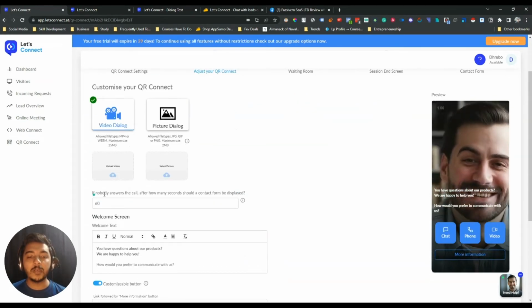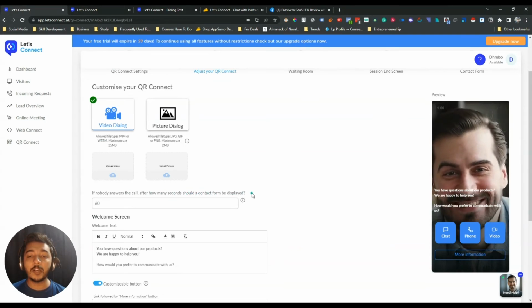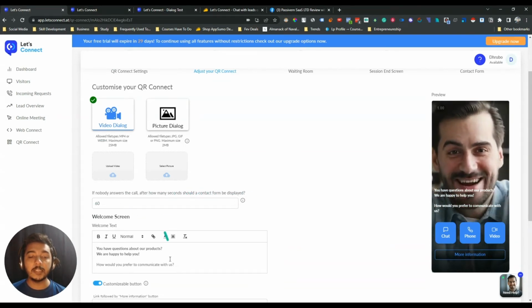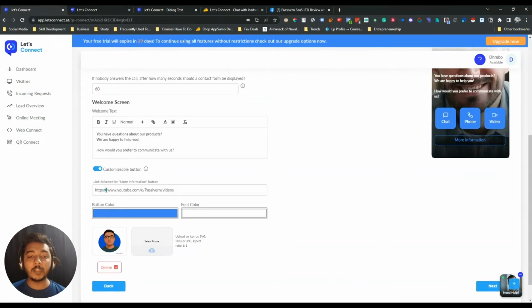And they have an option for if nobody answered the call, after how many seconds should a contact form be displayed. So you can select this time. You can select or change the welcome text, and then you can set up the customizable button. See, here is the button, and then here you can add your own media. You can change the button color, and then if I click here next,